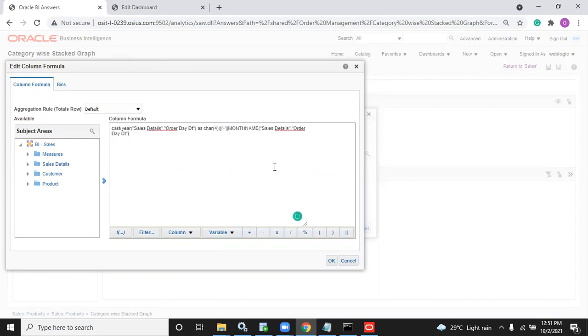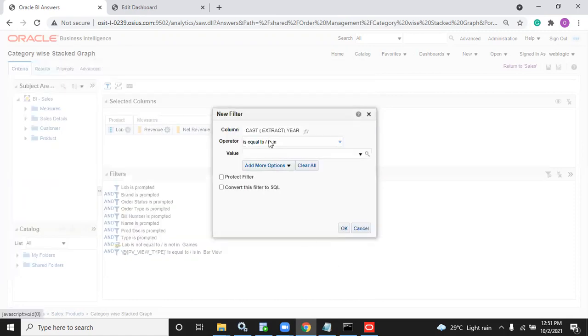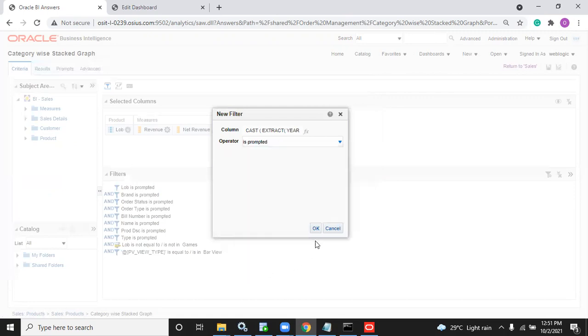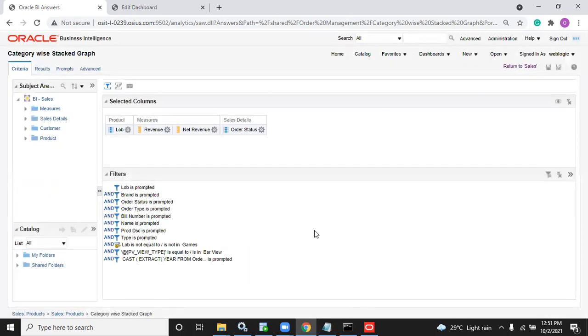Don't write anything here. Even case sensitive, is prompted works only whenever your function with case sensitive matches. Column you will never modify that, so no tension. But when you are writing the function, whatever the function you written in dashboard, just copy that and paste it here blindly. Don't do anything and do is prompted. Then only whatever the value is selected will pass as a filter here. Clear or any confusion?